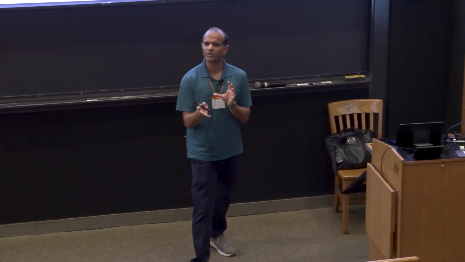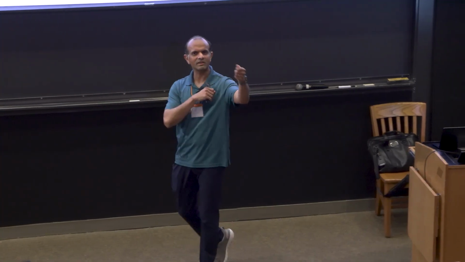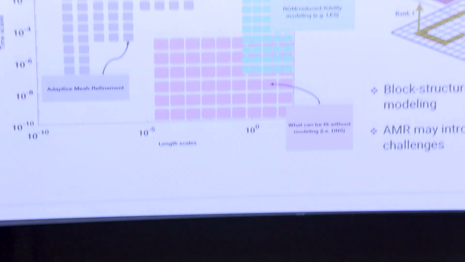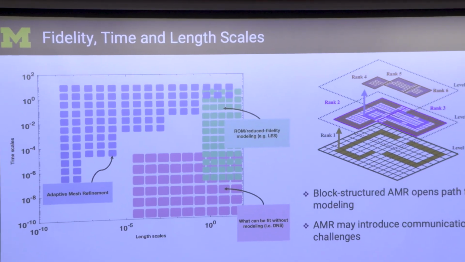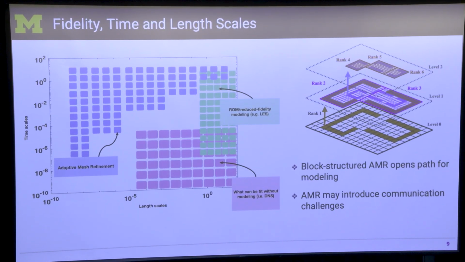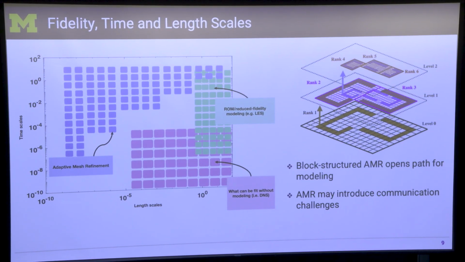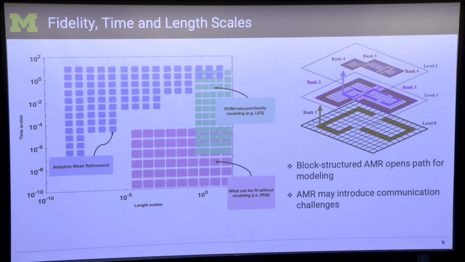And their simulations won't fit. They are complicated in a particular way that it won't fit on any machine that they can build. They cannot capture the time or the length scales and so on. So if you really think about it, any simulation that you do has two axes. The length scales that you want to capture, and we'll come to this later, it could be the geometry of the system. You might have a tiny injector and a 1 meter long geometry. So that gives you the range of length scales you have.